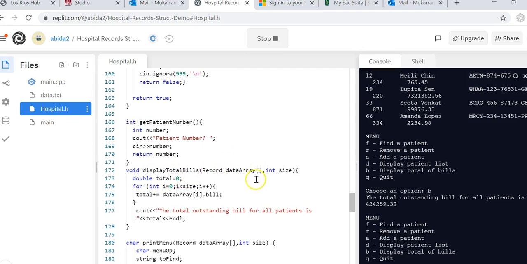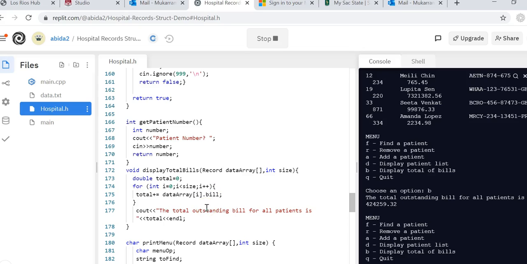You see how the data array, which is the database of records, gets passed here and the size gets passed here. And what I'm able to do here is simply access the bill field of that record and add that to my total. This would have been a very hard thing to do if my data array was a data array of string. I would need every single time to be aware of what the individual fields inside that string are, convert them from string to double, keep track of, and do a lot more processing than you really need to do, because records offer you the